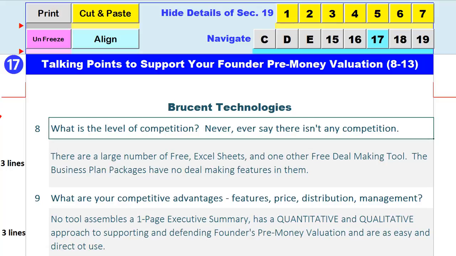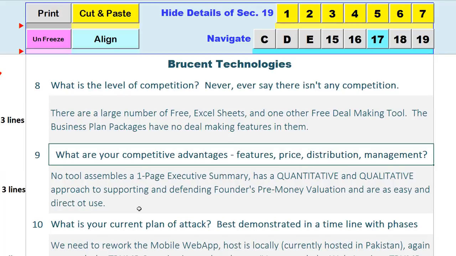But before the slide rule, there were adding machines. So they were mechanical adding machines. So it wasn't the first time that somebody came up with a calculator. It's just that it was an electronic calculator, and it did things that even the mechanical monsters couldn't do. What are your competitive advantages: features, price, distribution, management? There always has to be several advantages that you have over everybody else, because if you don't have those advantages, you're going to have a tough slog of it. There's got to be something that holds you above and beyond everybody else.